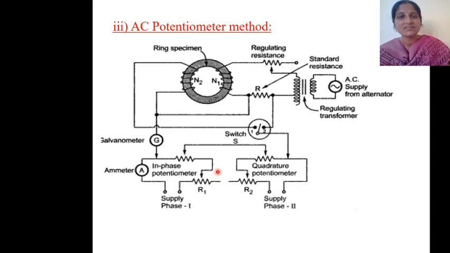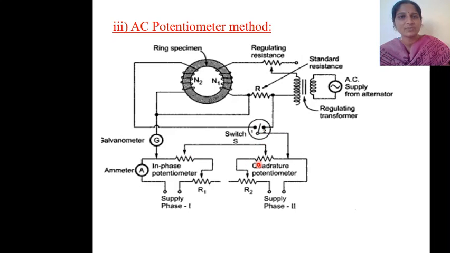This is achieved first of all by using any potentiometer. First you need to standardize the circuit. To standardize the circuit, there is a switch here. If the switch is in position 1, then it is standardized by varying the rheostats R1 and R2. You will be standardizing the circuit. Next, if you move the switch to position 2, you can measure the in-phase component